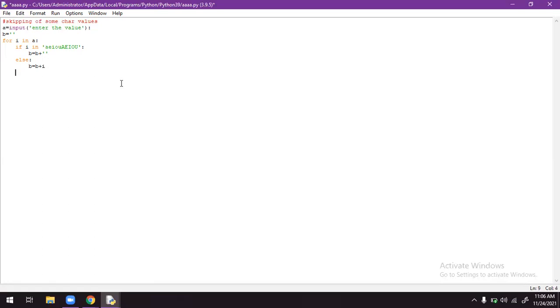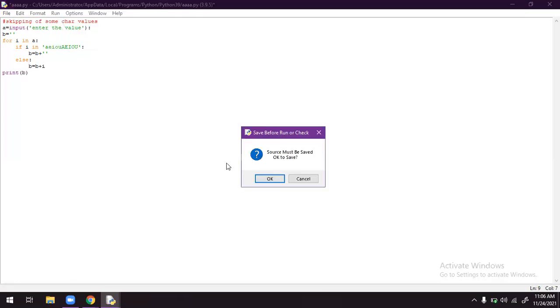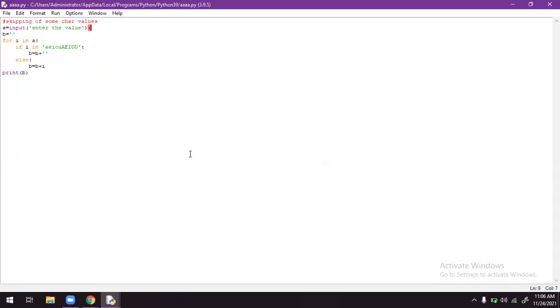So I'm coming out of the if function, I came out of the if function, and now I came out of the for condition also. I'm writing B here. Let me run this program. Invalid syntax.